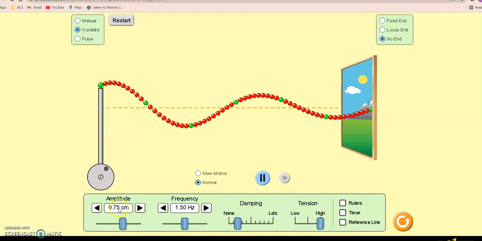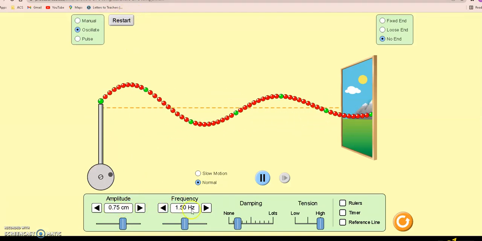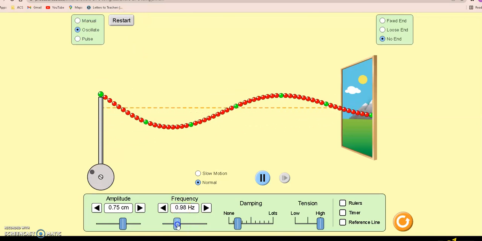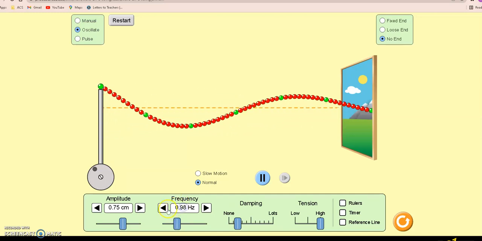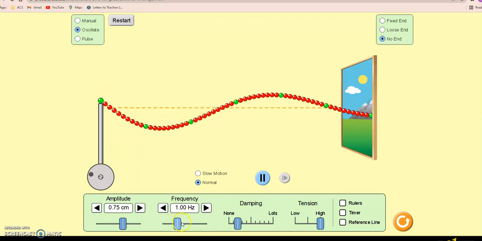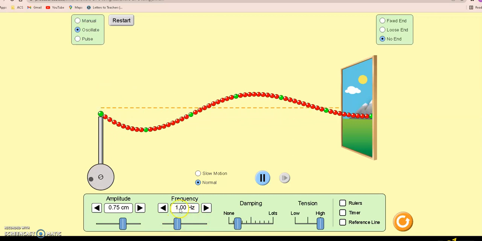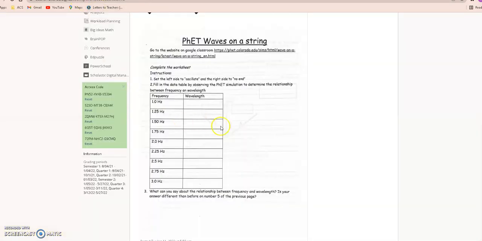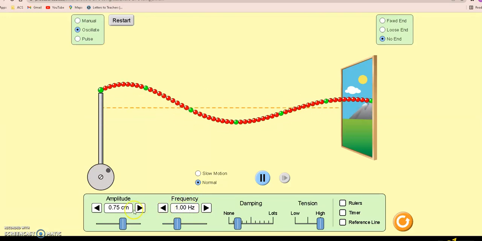So I'm going to go right here, and for my frequency, right now it's set on 1.5. I'm going to slide it down to where it's like 1.0. I think you can, let's see, you can use these arrows, or you can slide this bar. So now I have it at a frequency of 1 hertz, and when I do that, on this chart, it wants you to record the value for the wavelength. So if I go back over here,